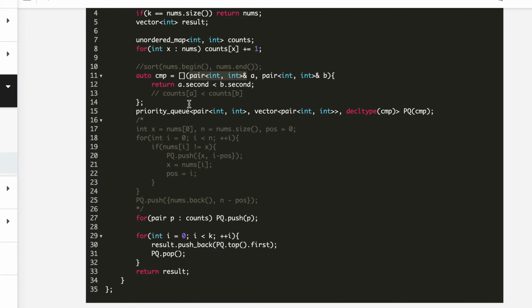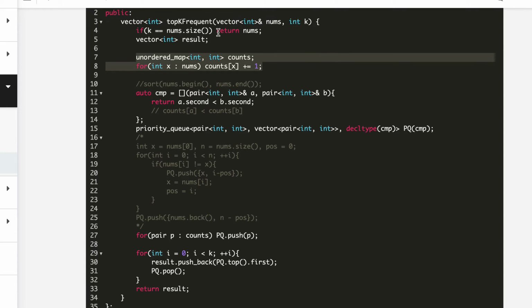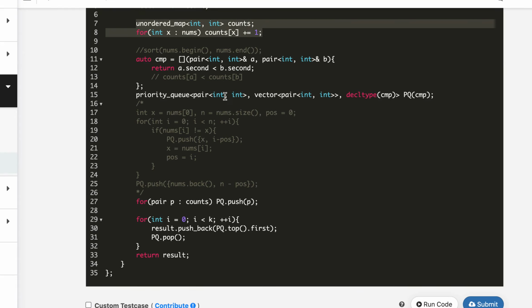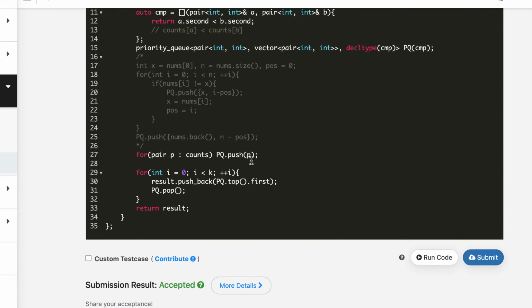So in essence, we are using the same space, or we are saving slightly some space. Here we were using only 2 ints. So if there are n elements and all are distinct, we will use 2n ints. But here the map itself is 2 ints, so 2n, and this another int in priority queue. So there will be slight difference. Now the rest of the code should remain the same.